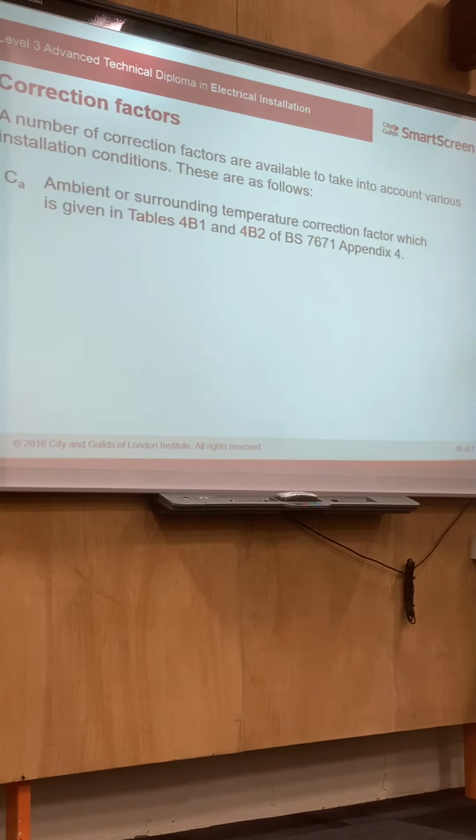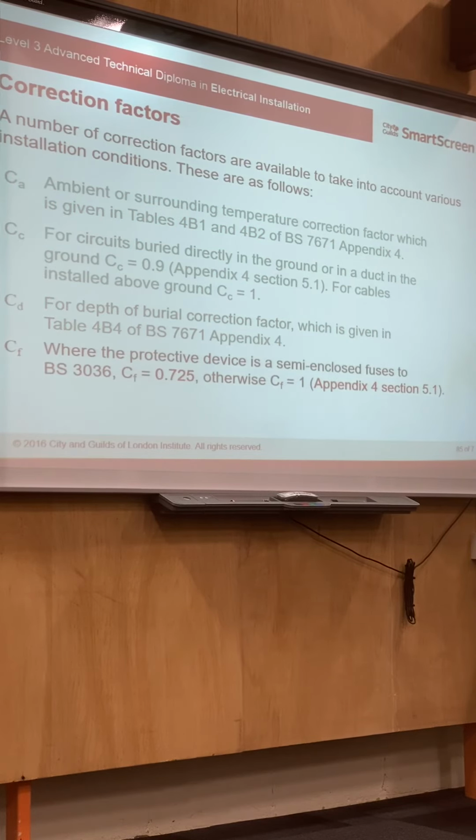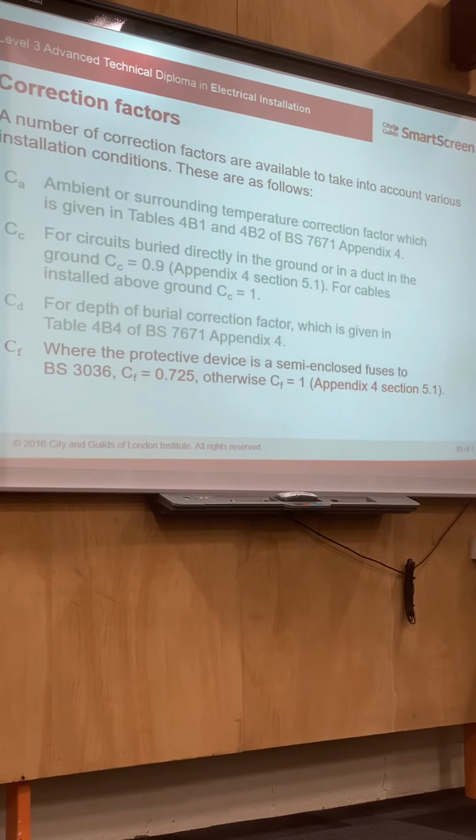So the correction factors start off in Appendix 4, and these are a few of the common ones. Ca is for our ambient temperature. This can be found in tables 4B1 and 4B2 in Appendix 4. It can also be found in Appendix F. Cc is looking at circuits buried directly in the ground. If you want to see these tables, they are located on